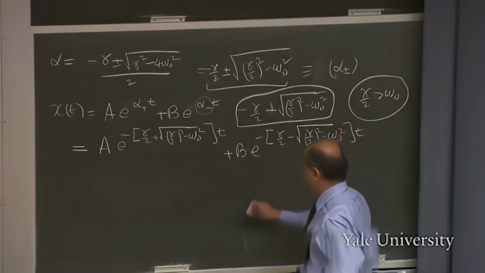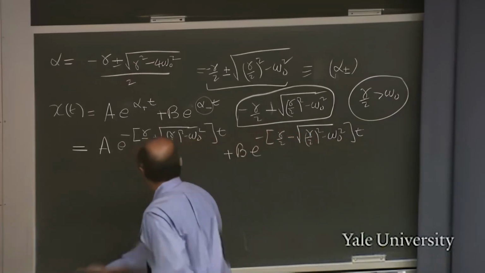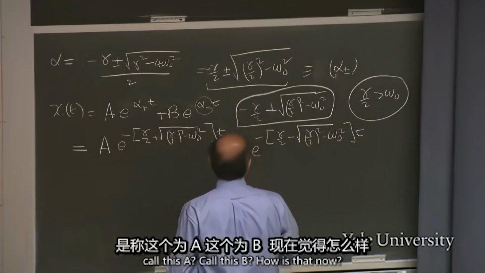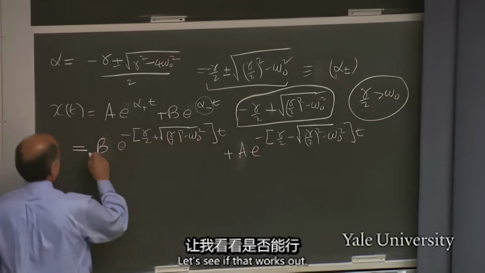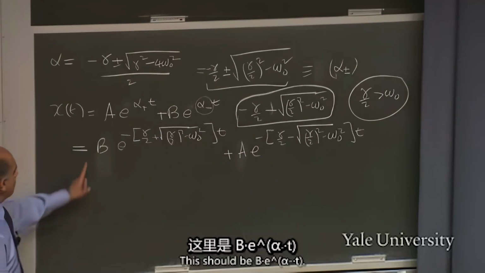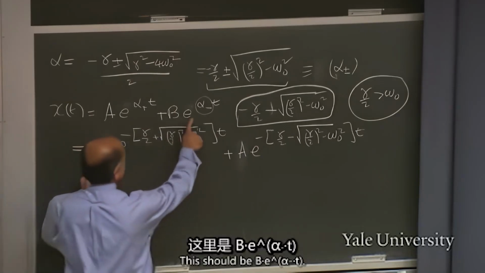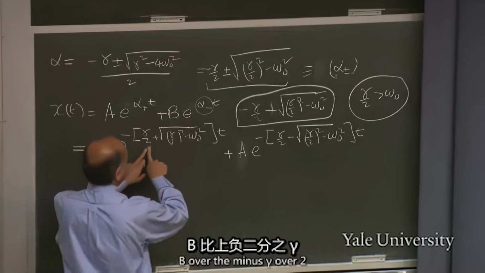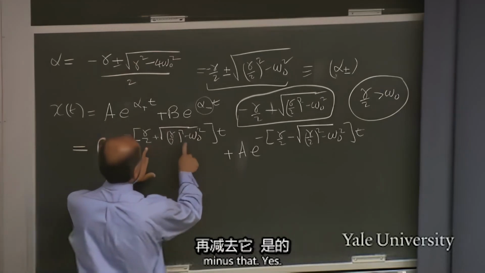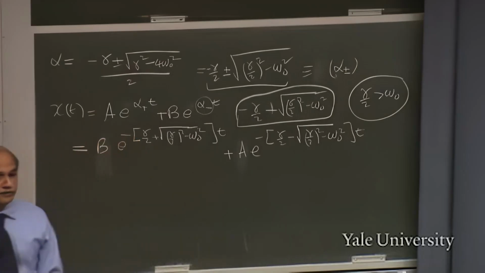Oh, yes, yes. So what should I do? Call this A, call this B. How is that now? Let's see if that works out. This should be B e to the alpha minus t. B e to the minus gamma over 2 minus that, yes. But there's also the negative of the gamma. Pardon me? But on the right hand side. Oh wait,